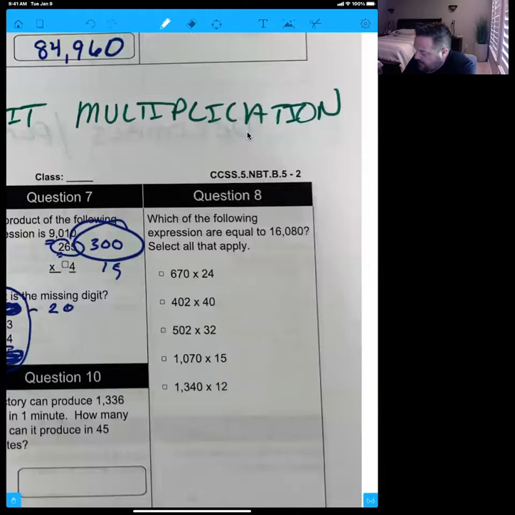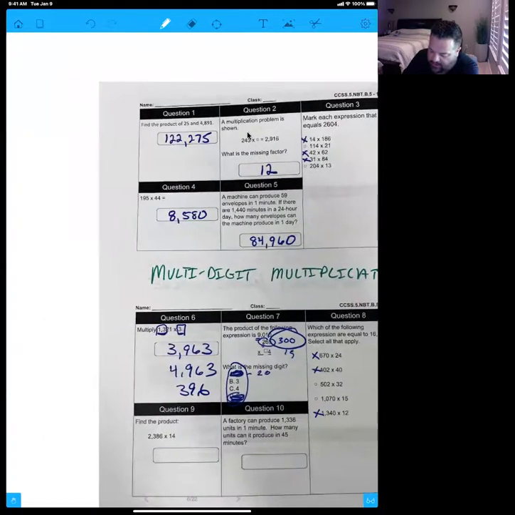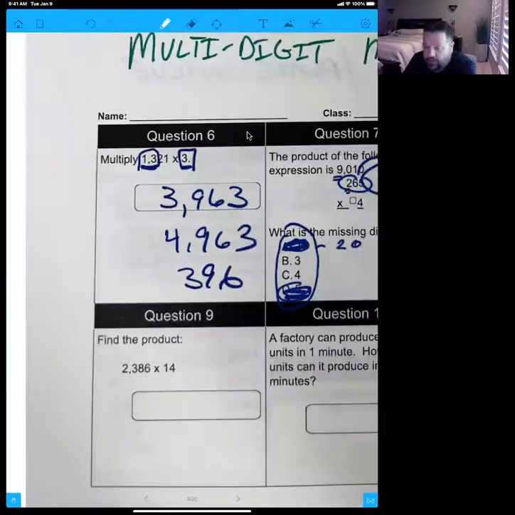All right, do number 8. Number 8, there's no real easy way out. You can try to get some estimates, but you've got to figure out which ones go and which ones don't. Those would be the 3 answers. Try number 9. Number 9, you should have got